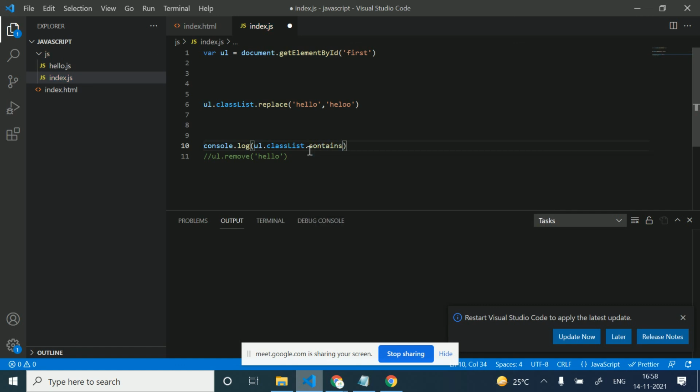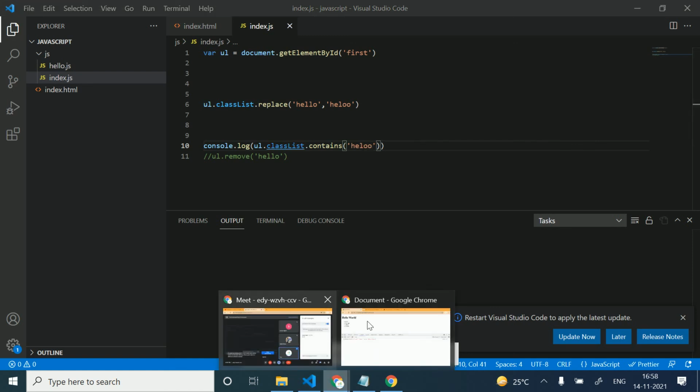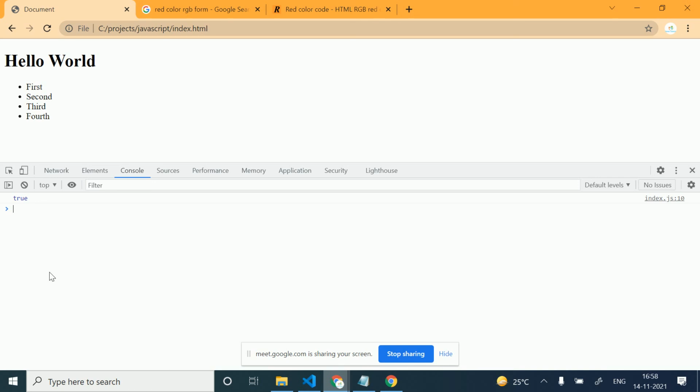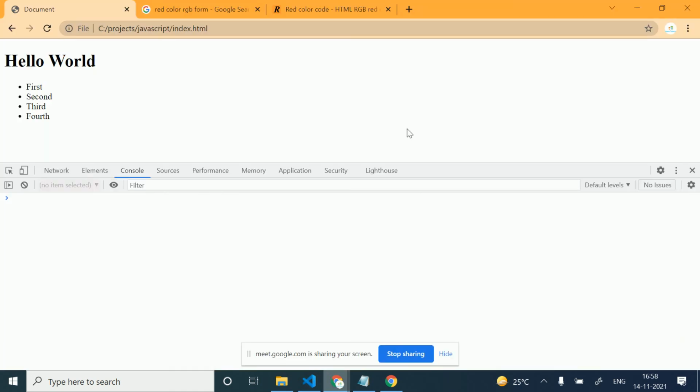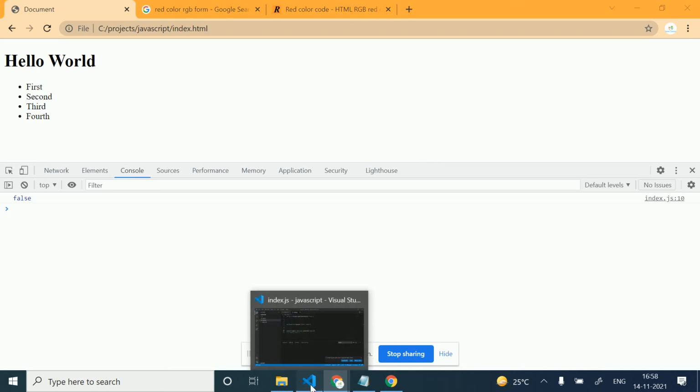Contains means whether this element contains the class or not. We get true or false: true because hello exists, and if I change this, now you can see false. So this will return a boolean result as well.